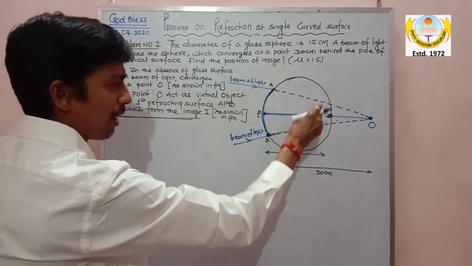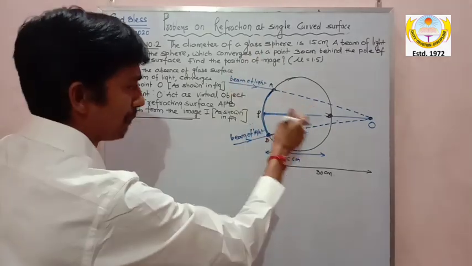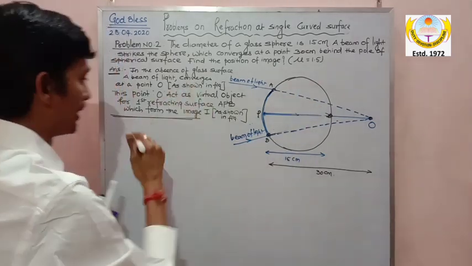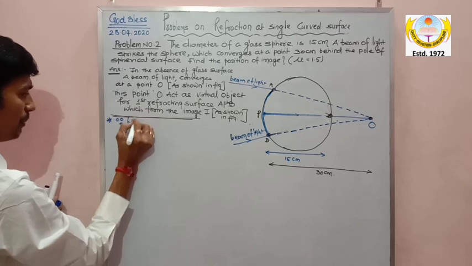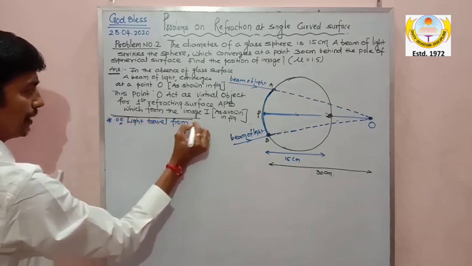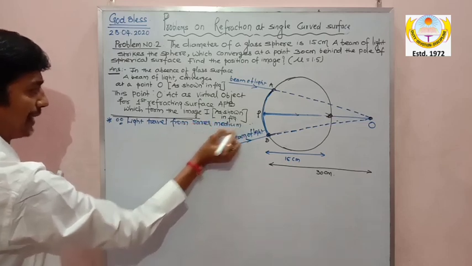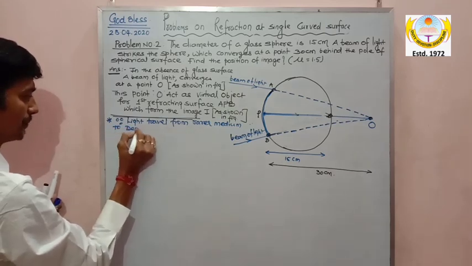The image will form in the denser medium. So the conclusion: since light travels from rarer medium to denser medium, please understand this numerical, very good numericals,